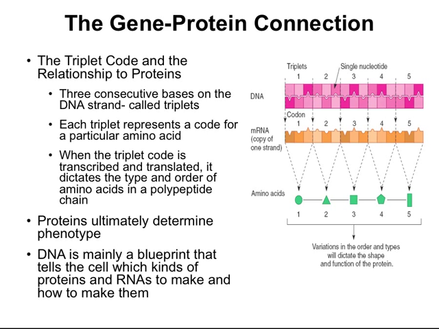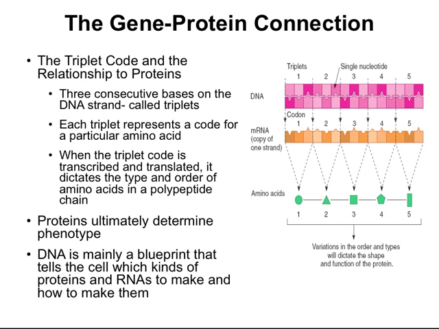When we take 3 nucleotides at a time, each triplet will code for a similar triplet nucleotide sequence on the messenger RNA, which is a copy of one strand of the DNA. And then that triplet code will code specifically for one amino acid. Now each triplet code is slightly different and thus results in translation into a different amino acid. So when the triplet code is transcribed and translated, it dictates the type and order of amino acids in a